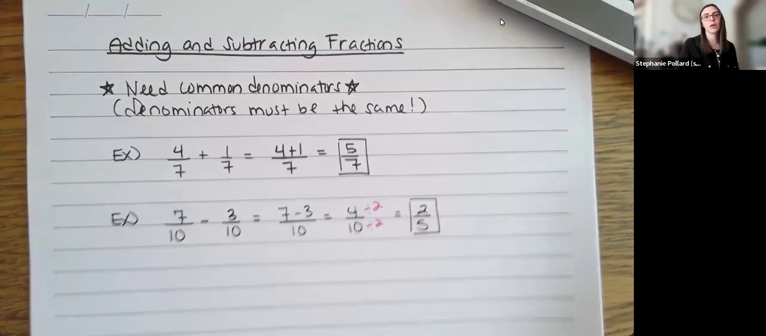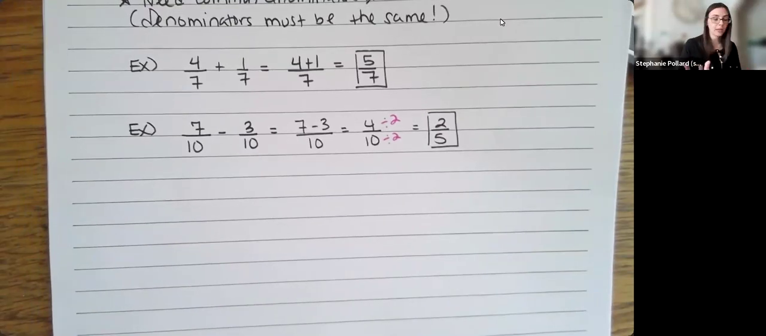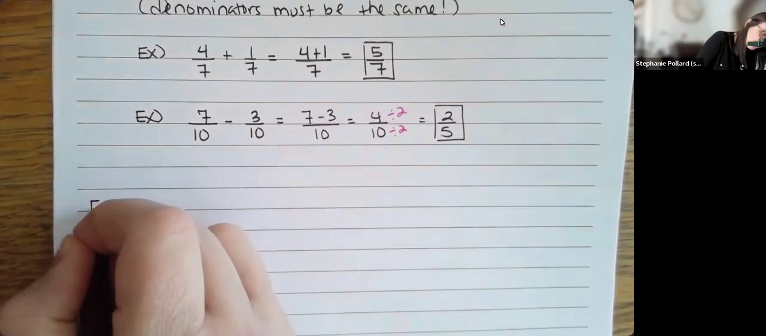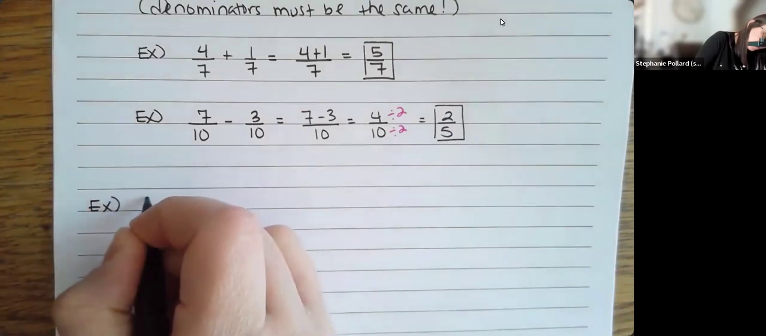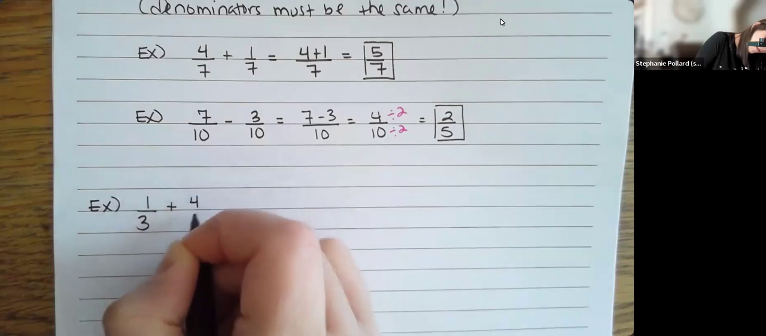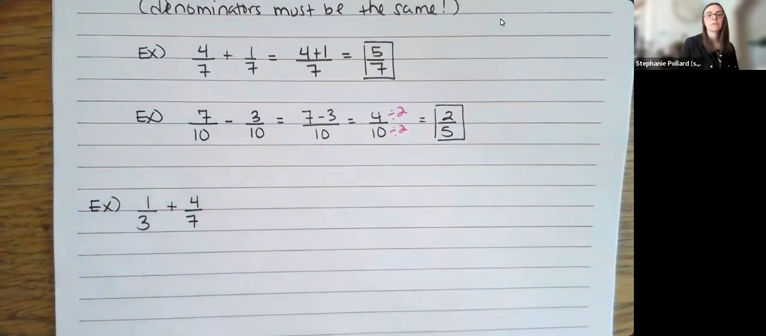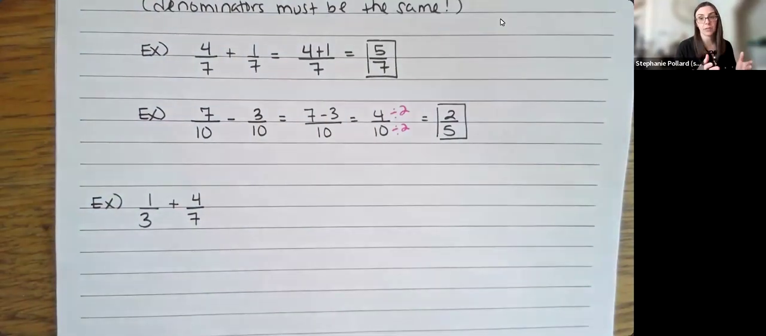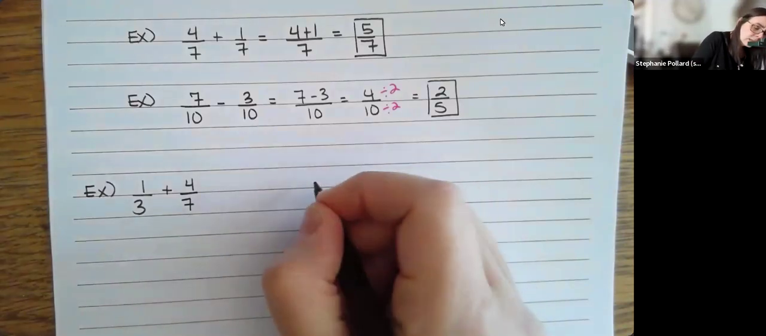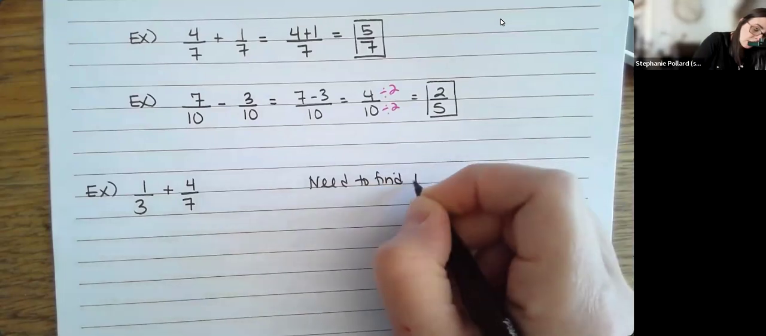The problem is what to do when they're not the same. And you're going to have to find a common denominator. So let's look at an example. So something like maybe 1/3 plus 4/7. So here these denominators are definitely different, right? And there's different ways that you can think about finding that common denominator. But basically what you need to do is you need to find what we call